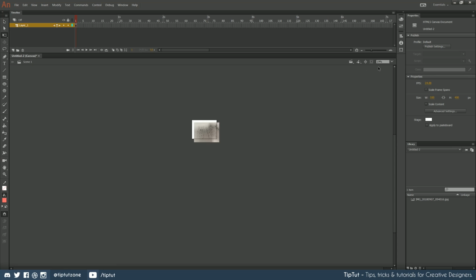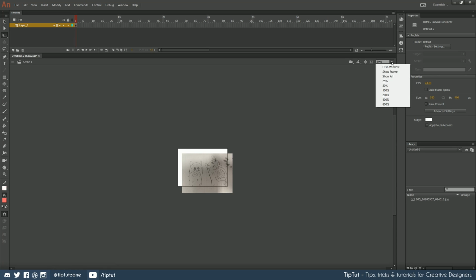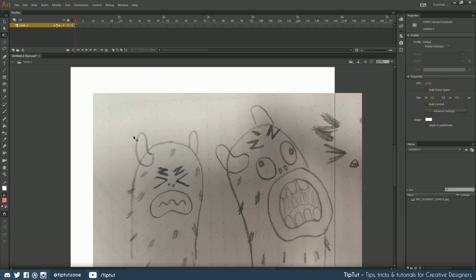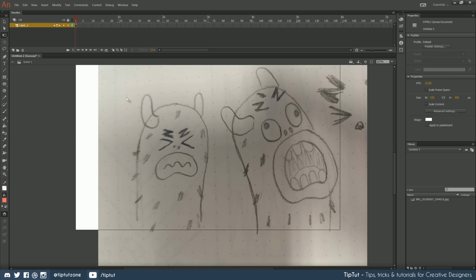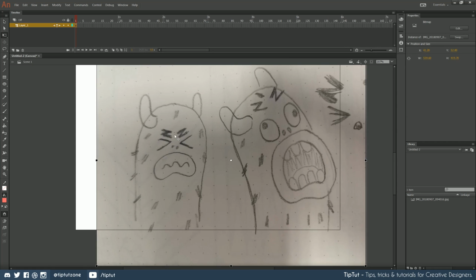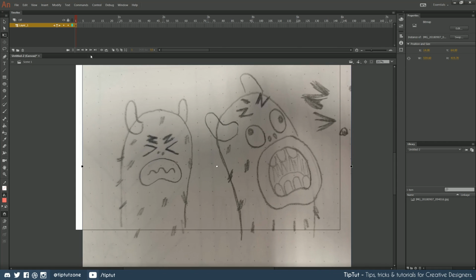Now we're really zoomed out, so I can just go up to, again, hit Control plus or minus, or I can go up to this little box here and choose show frame or fit in window, and that will zoom in to a point where I'm happy. Okay. What I'm going to do now is just position this guy on the stage where I want him